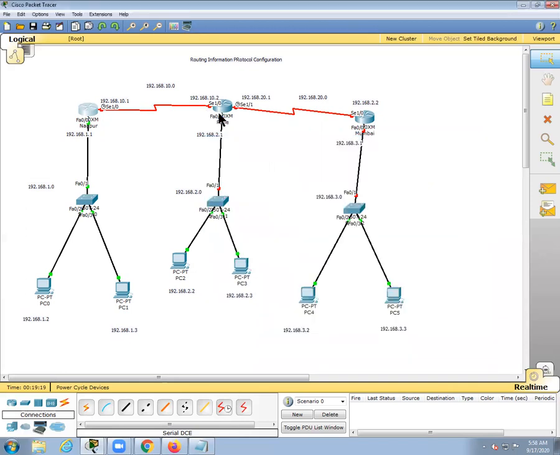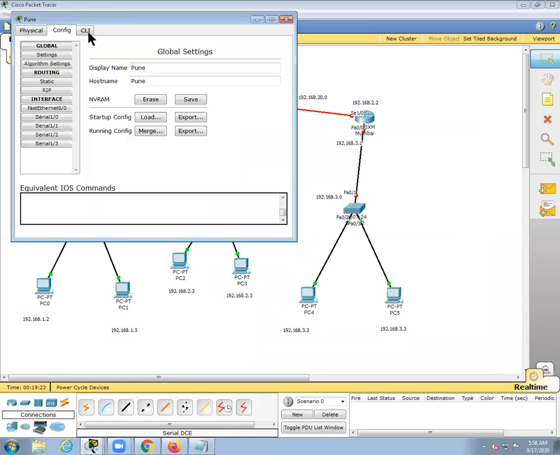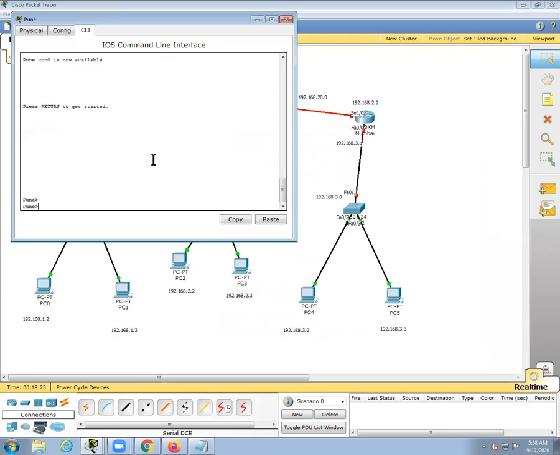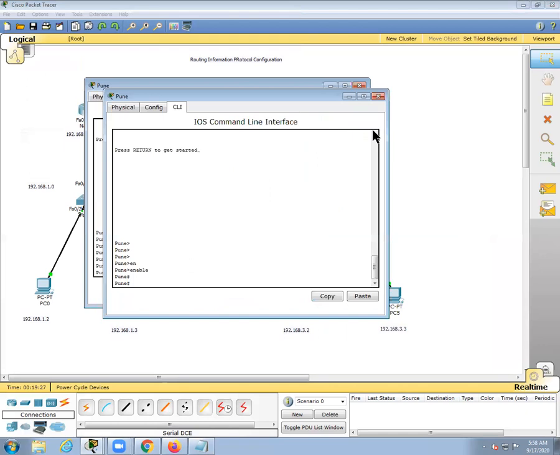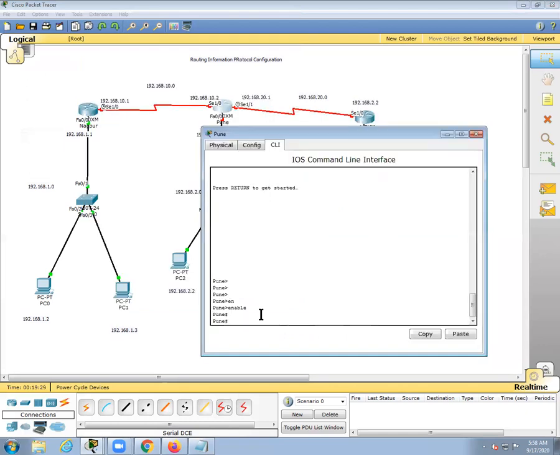So go to the Pune router, where the configuration will be the same. First go from user mode to privilege mode, and then from privilege mode to configuration mode by typing the configure terminal command.